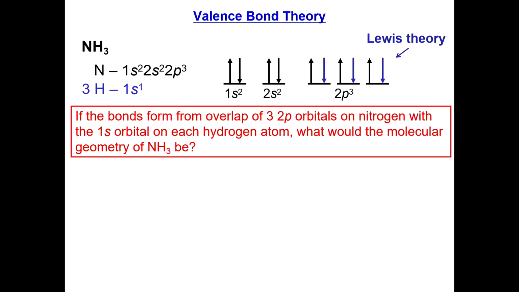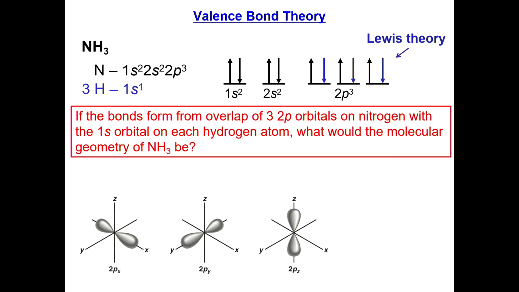So if the orbitals are only overlapped from the p and s orbitals, what is the molecular geometry? We know the 2p orbital is like this, right? So 1, 2, 3, this means x, y, z. The orbitals of the 2p is like this. And the angles